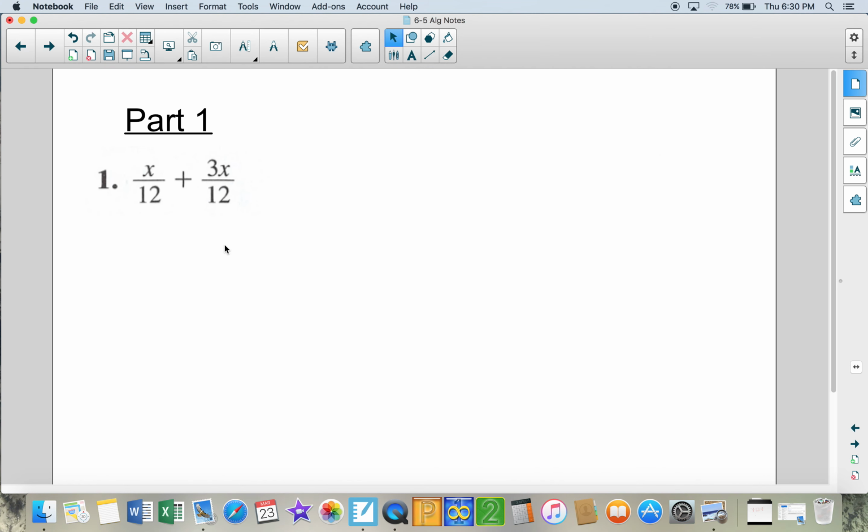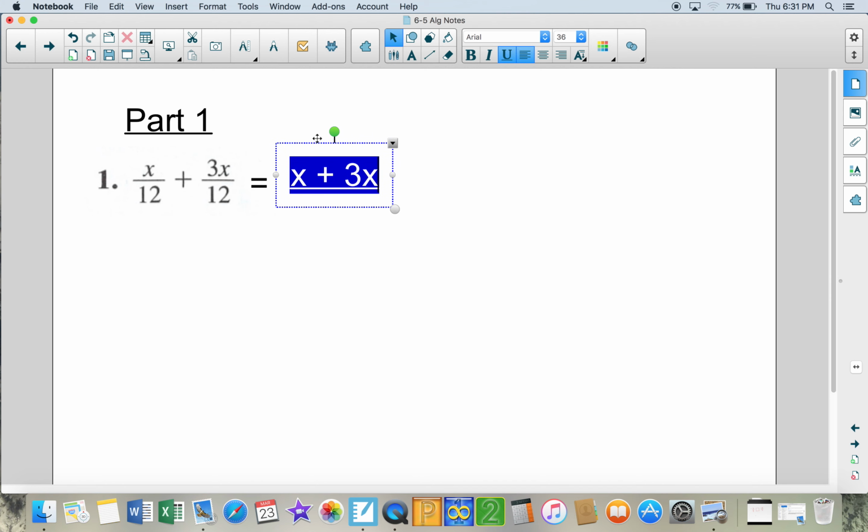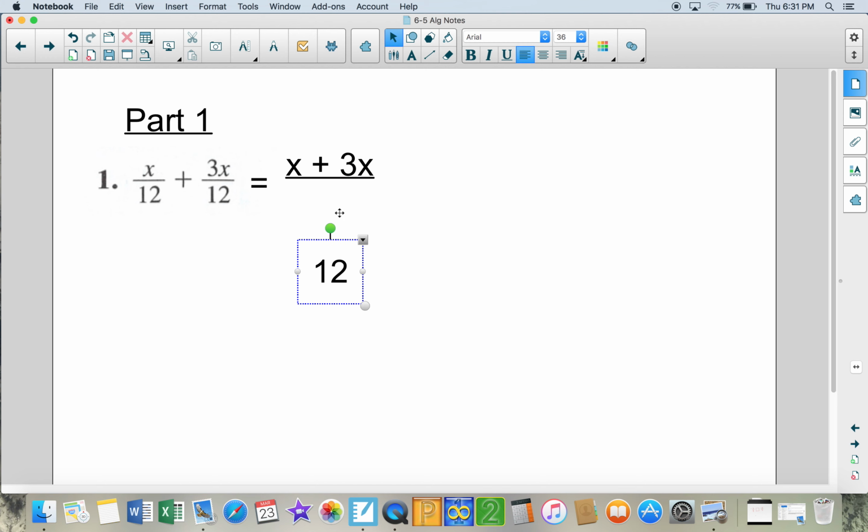Here in this example, we have two fractions with common denominators, and what we're allowed to do once we have common denominators is put the numerators together. We can put the two terms together in the numerator. So we'll put them both over 12 because they're both over 12 here. Since they are like terms, we're going to combine x plus 3x, which gives us 4x